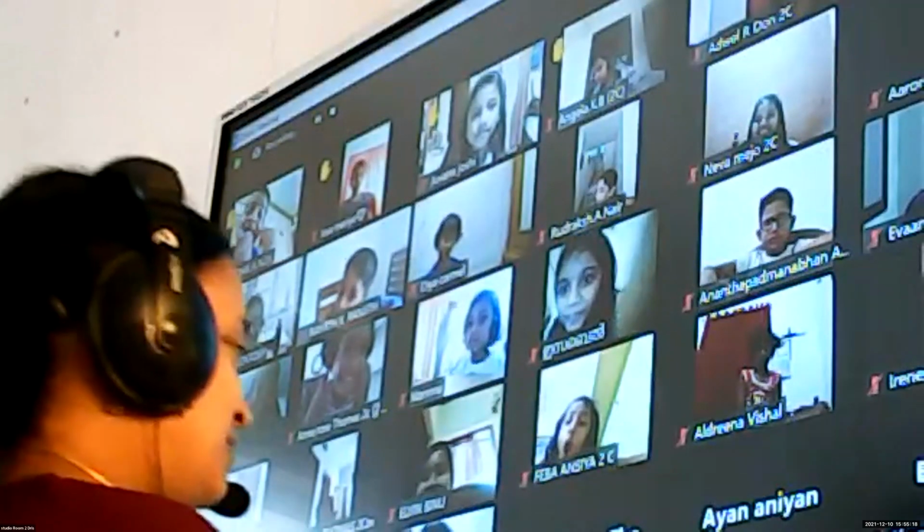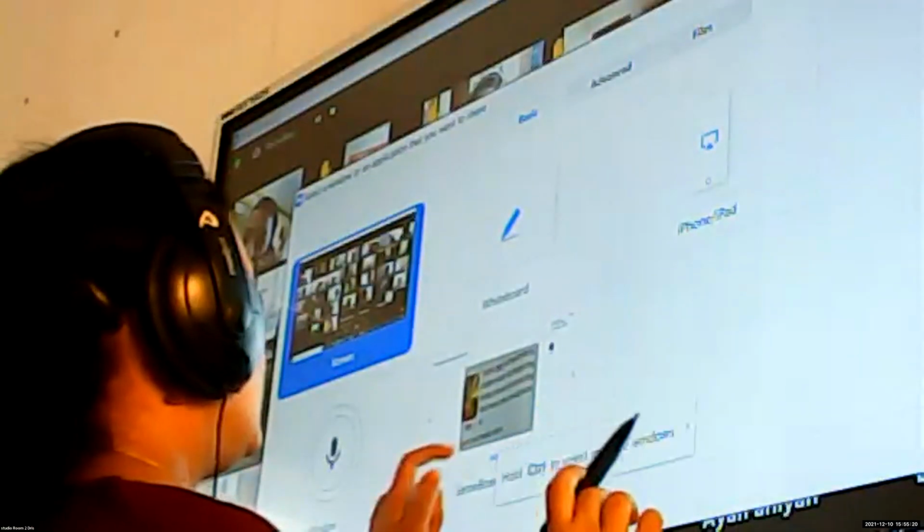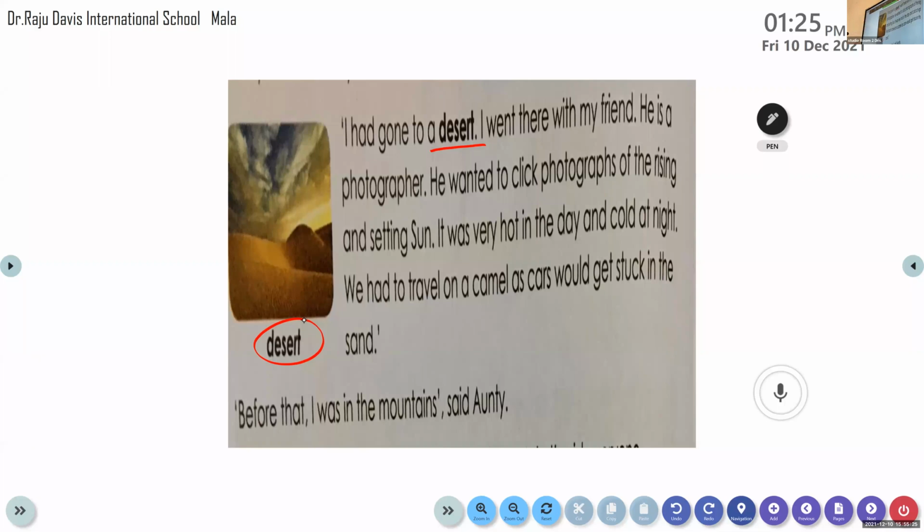All right, fine. So my dear students, I hope everybody has understood now. Sand. What is sand? You remember now? The same way, Ravina auntie also had been to a desert. A desert is a place that is full of sand. We get to see a lot of sand at the desert. And Ravina auntie had been to a desert with her friend, and her friend worked as a